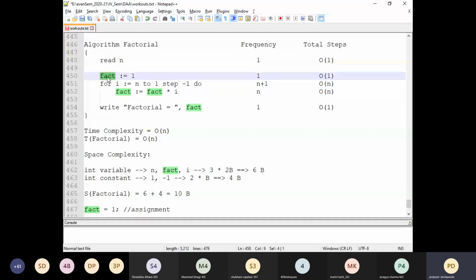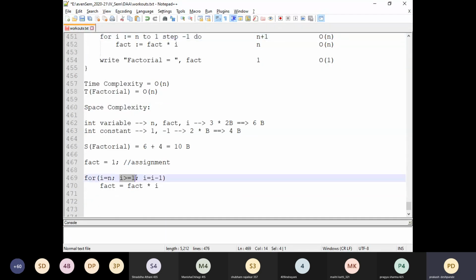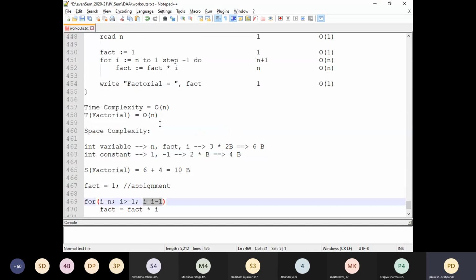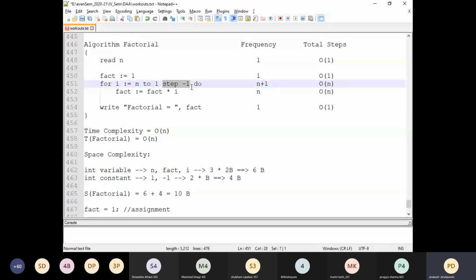On the other 2 places, if you look at the statement from I equal to n up to I equal to 1, and visualize it as a C program, we have a condition. See here, I equal to n is again an initialization, but I and n are already considered. But in this particular condition, we have a constant value, that is 1. So this 1 is treated as the constant. Then again I minus minus. This step, minus 1, means I minus minus, which means I is equal to I minus 1.